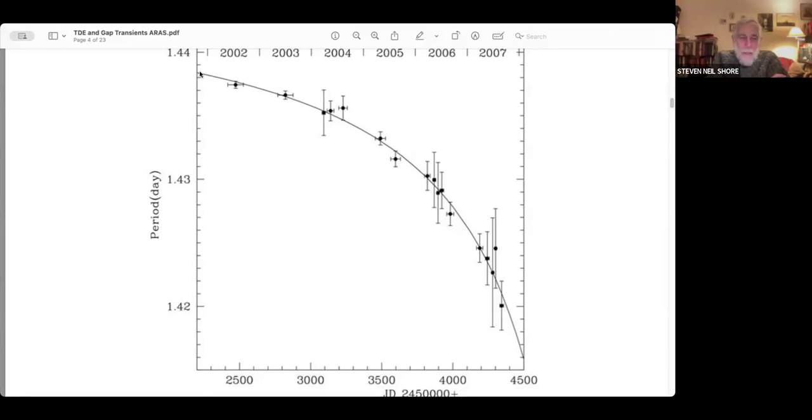Not in the way that one would expect if you had a mass exchanging binary system. So let me make that clear. In systems like Beta Lyrae or W Serpentis, the really extreme Algol systems, where one of the stars is filling its Roche lobe, and there's a stream going off to the other star and forming an accretion disk, the reason the system changes its period is because of this kind of zero-sum game that you're